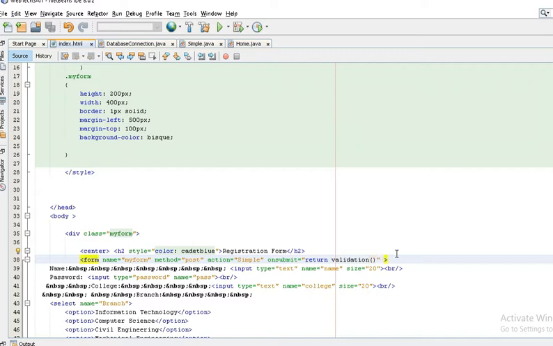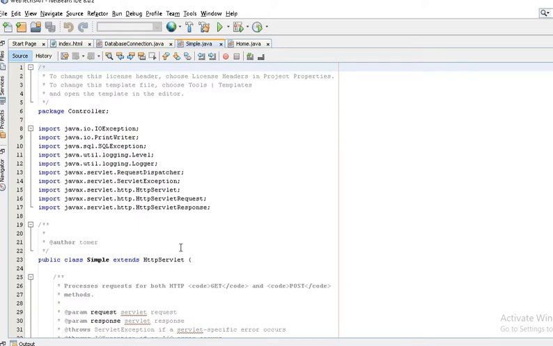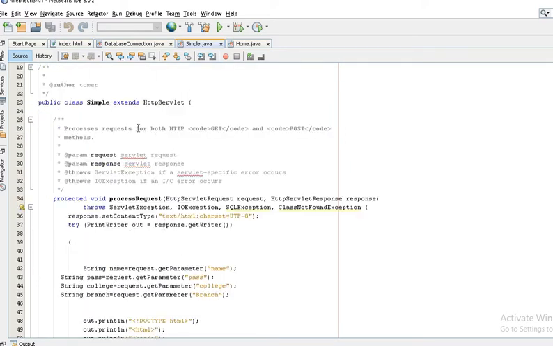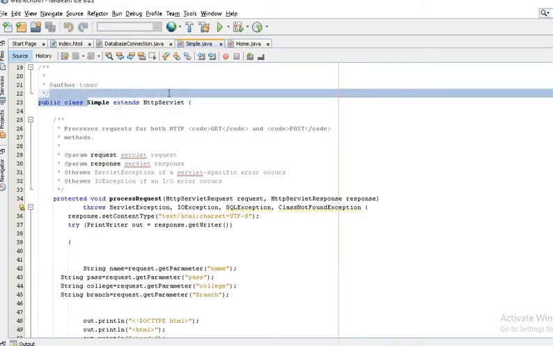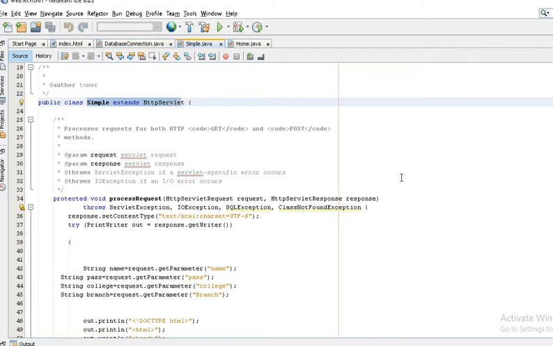I'm not using any validation after the submission of the form, so let me delete it, right? Apart from this, after clicking on the registration form, it will go to the simple. Simple is my servlet actually. Its class extends from HttpServlet, so it will work like a servlet, right?